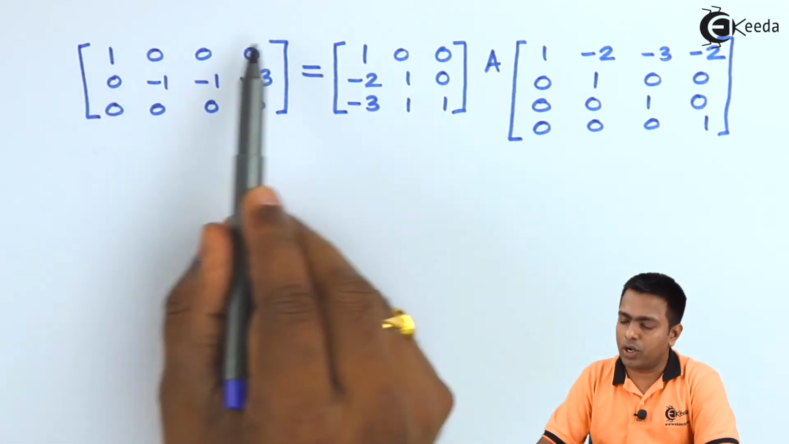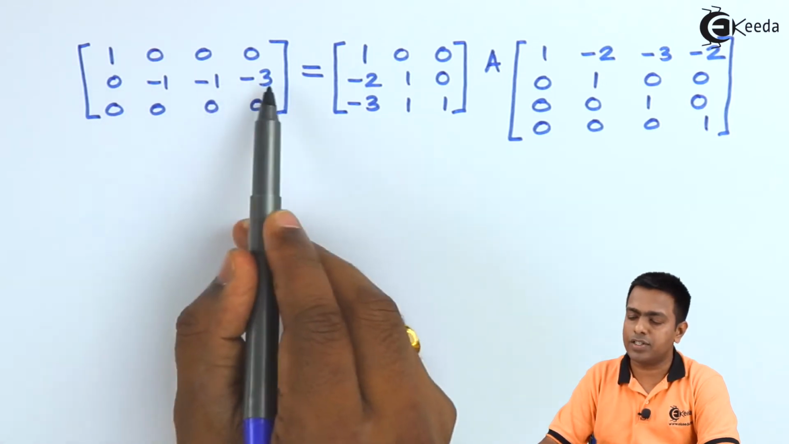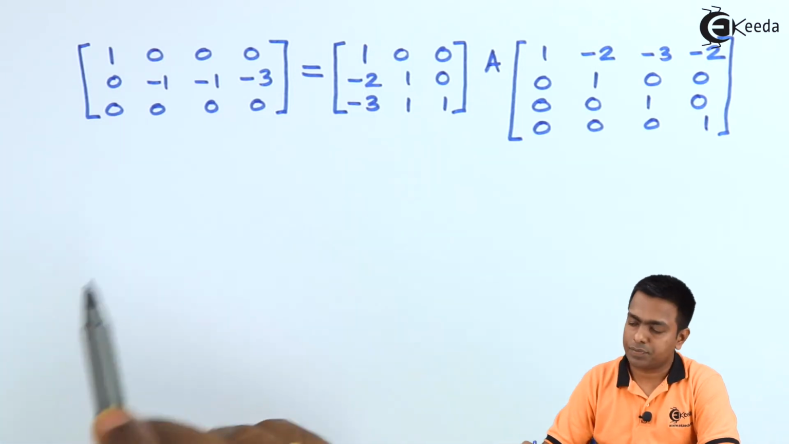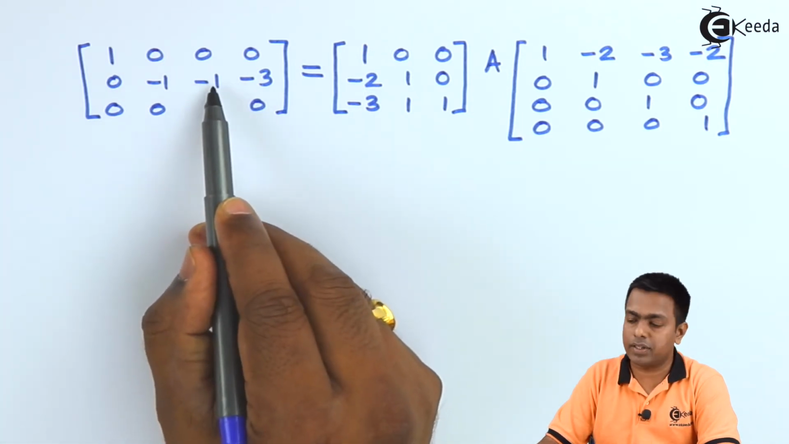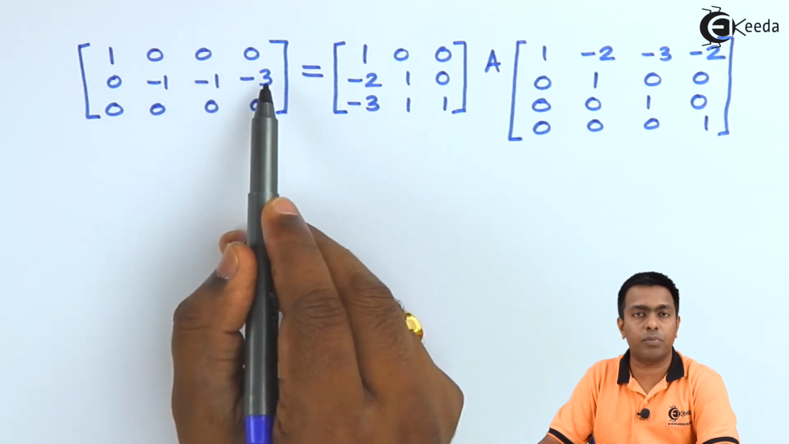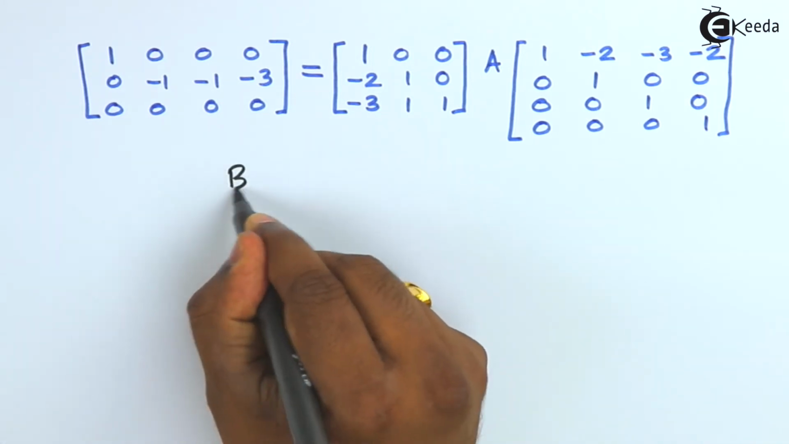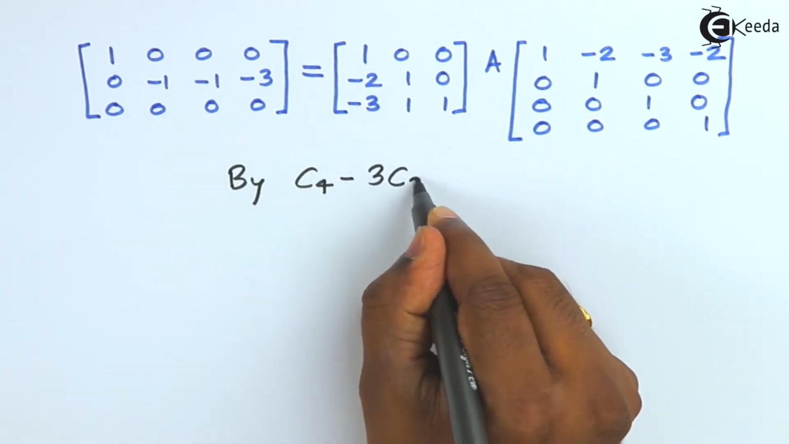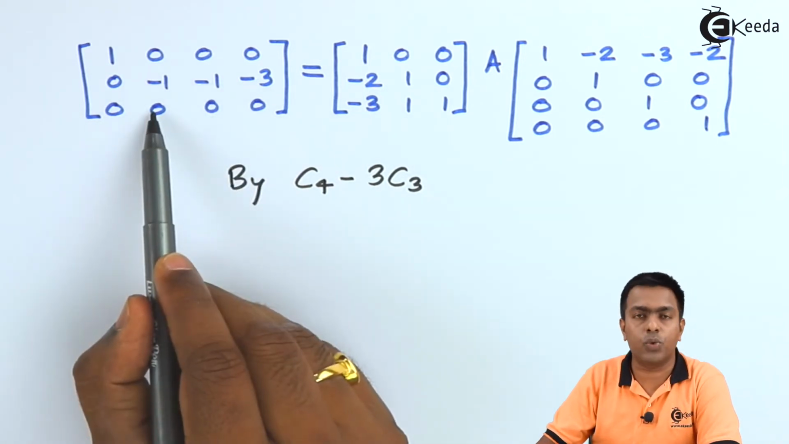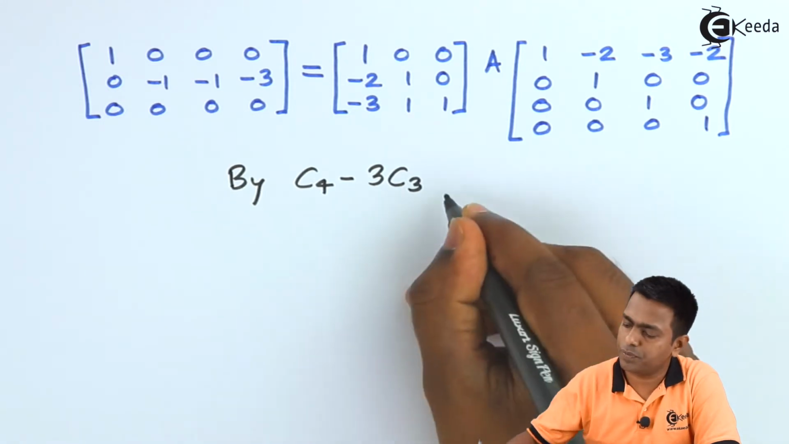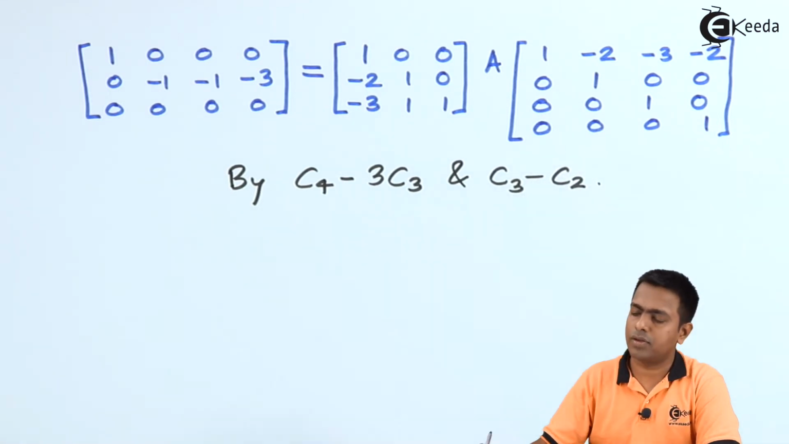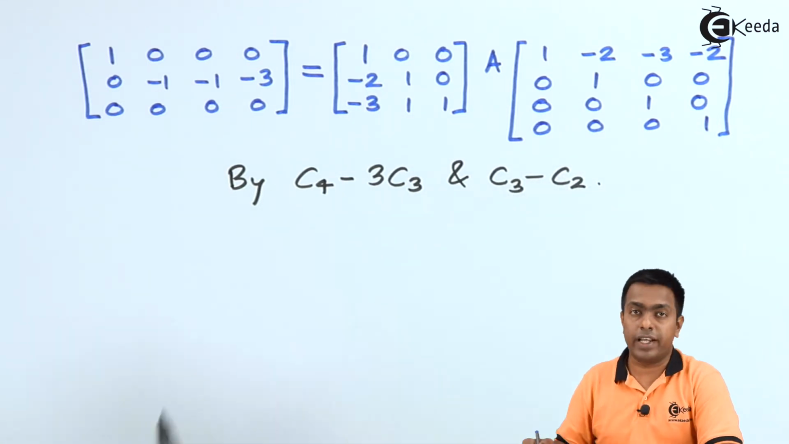Now after that, to convert this into the normal form, we have to bring 0 here and 1 over here. So for that, what we'll do is, I will multiply this column number 3 by 3 and then we'll subtract it from column number 4. So here I'll say, and to bring 0 over here, we'll subtract column number 2 from column number 3. So we'll write here, so guys, we'll get